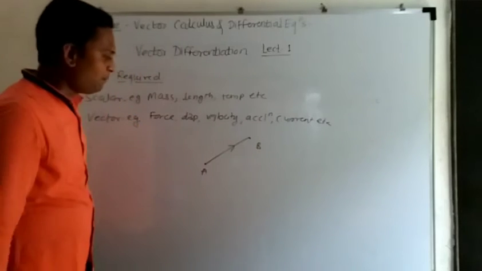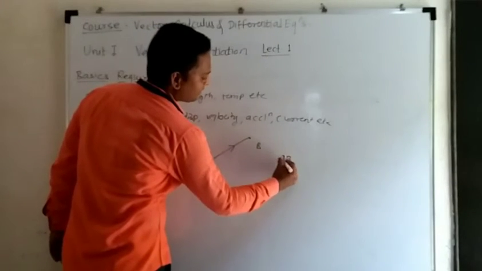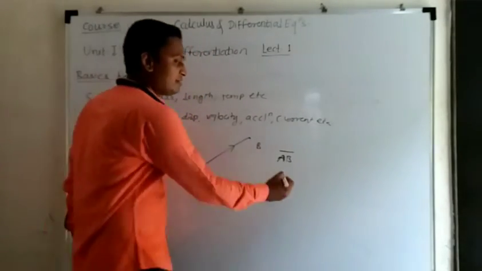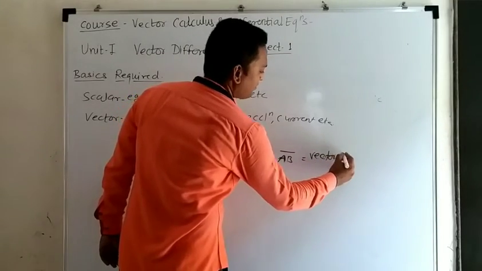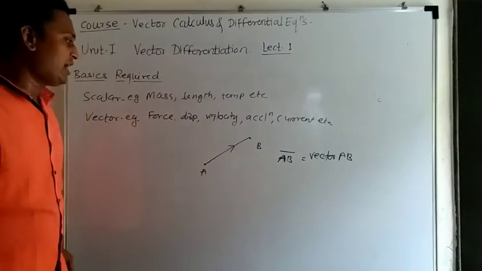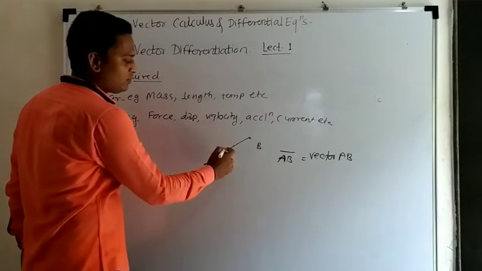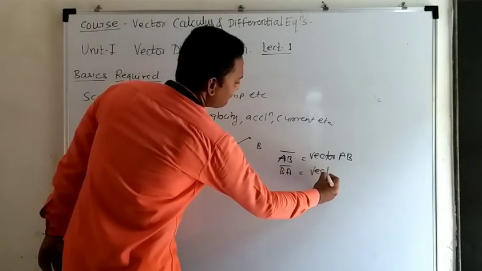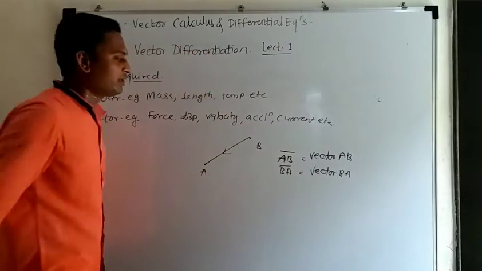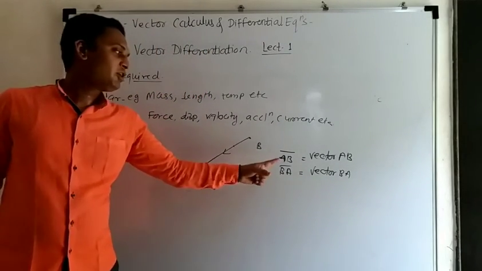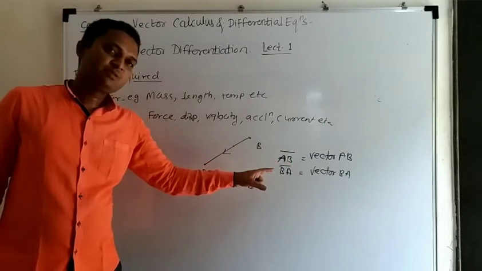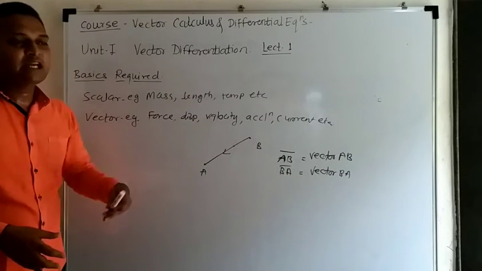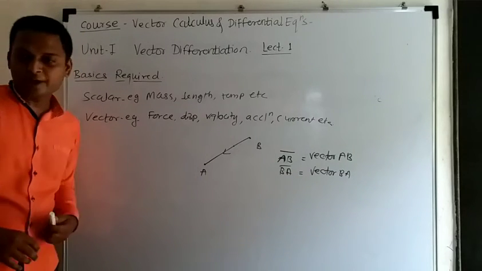So when we give this direction with the arrow, it means the vector is directed from point A towards the point B, and this can be written mathematically as AB with a bar over its head. We read it as vector AB. And if we change the direction of this arrow, then it will become vector BA instead of vector AB. So what is the difference between the two? The initial point of the first vector is A and the terminal point is B. For the second vector, the initial point is B and the terminal point is A. So this is how we can represent a vector in any dimension.